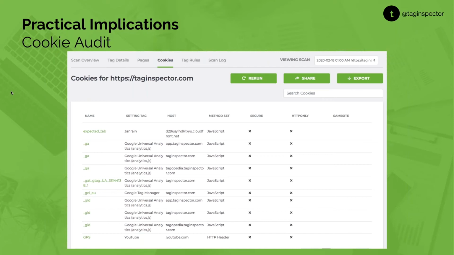Within the Tag Inspector cookies reporting, we scan all pages of the website, collect all the cookies that are being set, and then display that within a report. So for an audit, regardless of how you're collecting this information, what it allows you to do is go through and understand all those different cookies that are being set. You can do that across various consent scenarios.